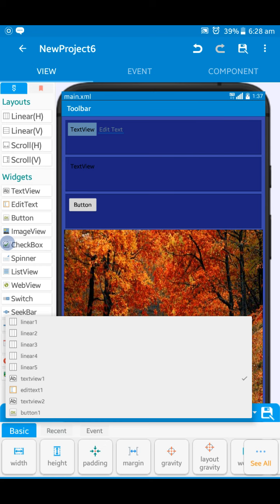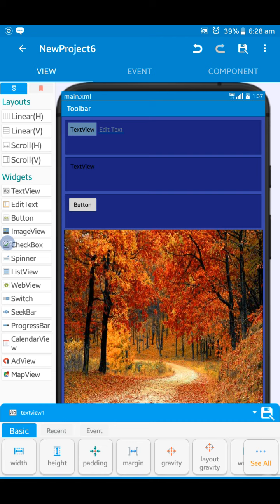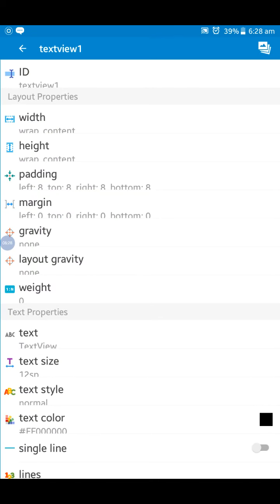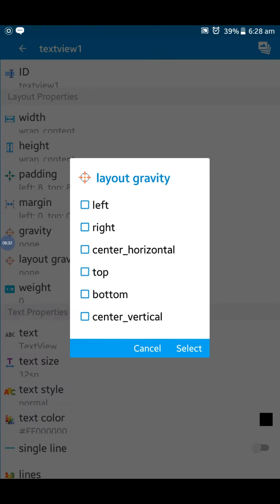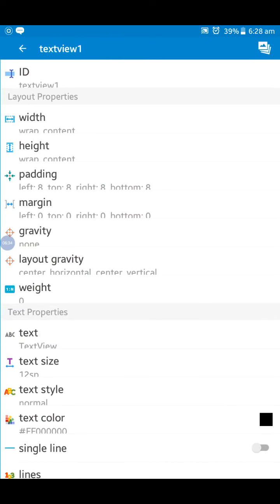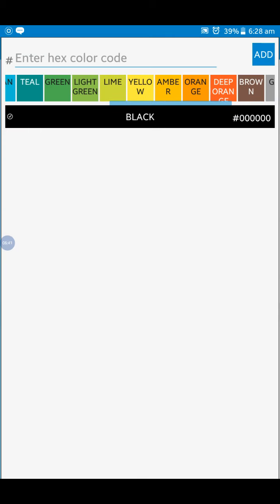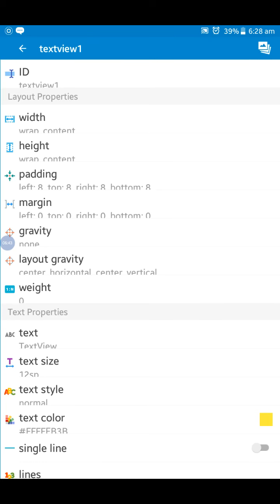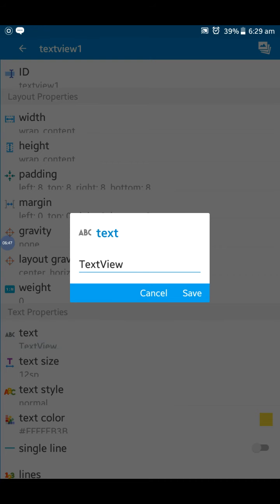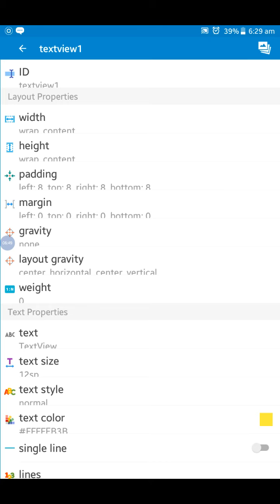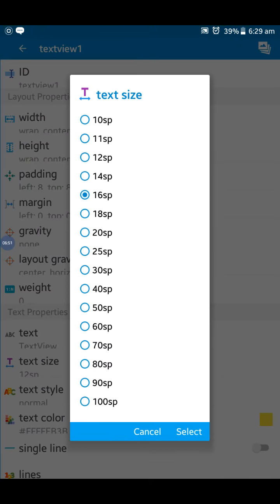See here, text view 1, select. Layout gravity we have to assign center horizontal. And the text color will be yellow. And the text size will be 16 dp.